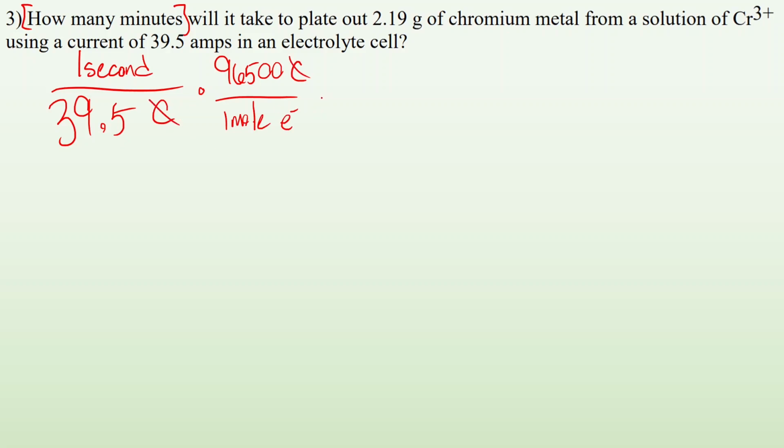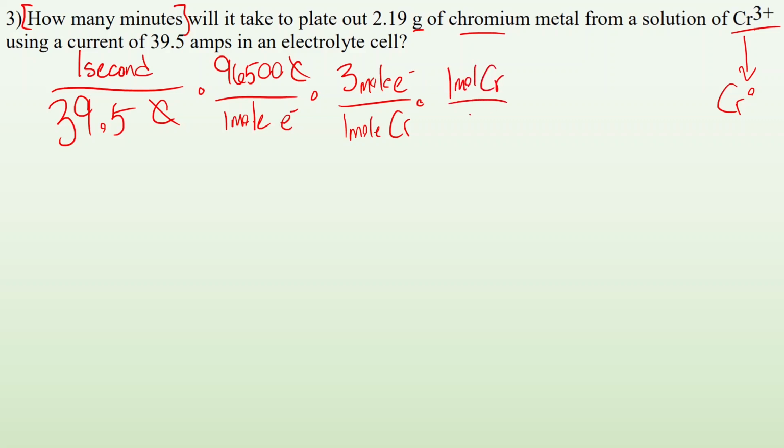All right, so now I got moles of electrons. I need to figure out how many moles of electrons does chromium need to be reduced? Well, I know it's going from Cr3+, and if it's being reduced to its metal, I need 3 moles of electrons for every 1 mole of chromium. Okay, so far so good. Well, they gave me grams and they didn't give me moles of chromium. So I gotta figure, let me look up the molar mass. So I know that 1 mole of chromium is